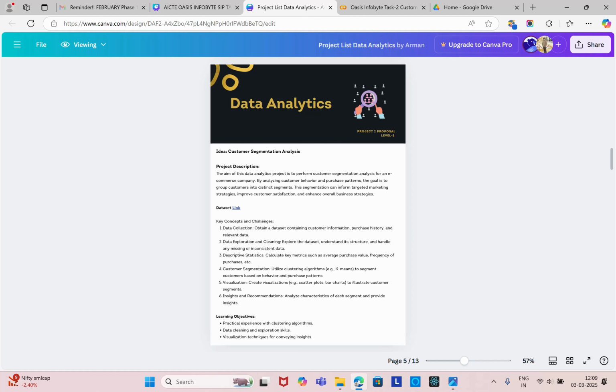I am going to explain about OIBSIP Infobyte Data Analytics Level 1 Task 2, that is Customer Segmentation. Customer segmentation is a process of dividing a customer base into distinct groups based on shared characteristics such as demographics, behavior, interests, purchasing habits, and preferences. This enables businesses to tailor their marketing strategies, improve customer experience, and optimize the product offering to the specific customer